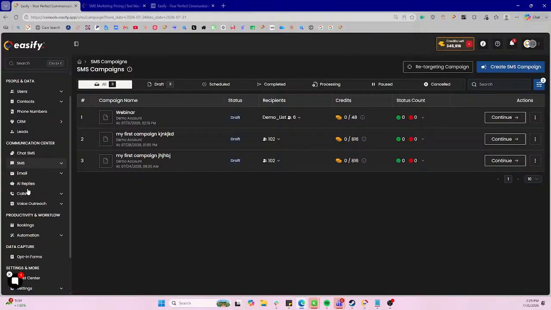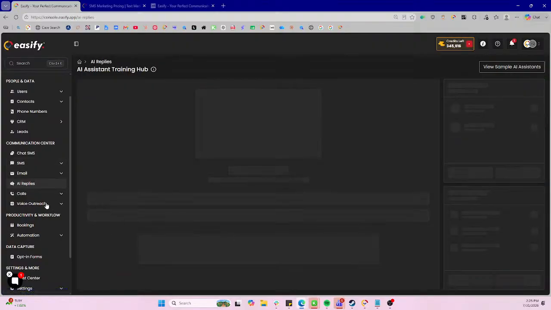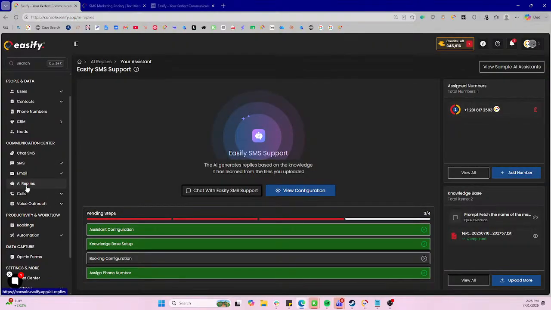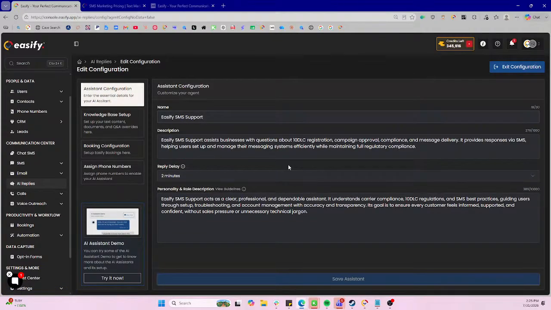Just going down the list, we do have AI replies. This AI bot is essentially how you would set up replies to your incoming text messages. So for the MCA space, you can do something like, let's just view the configuration for this one. This is of course about Easify, kind of what we do, so the AI can respond back to our clients and help them out if they have any questions regarding 10DLC or how to set up their SMS campaigns, etc. And for the MCA industry,